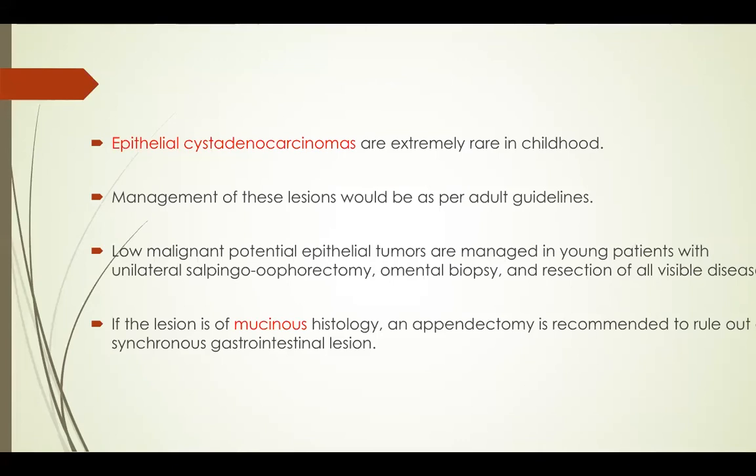Low malignant or borderline tumors are managed in young patients with unilateral salpingo-oophorectomy, but this is mainly in adolescents rather than children. It's managed by unilateral salpingo-oophorectomy, omental biopsy, and resection of all visible disease, so it's like debulking. If the epithelial tumor is mucinous,